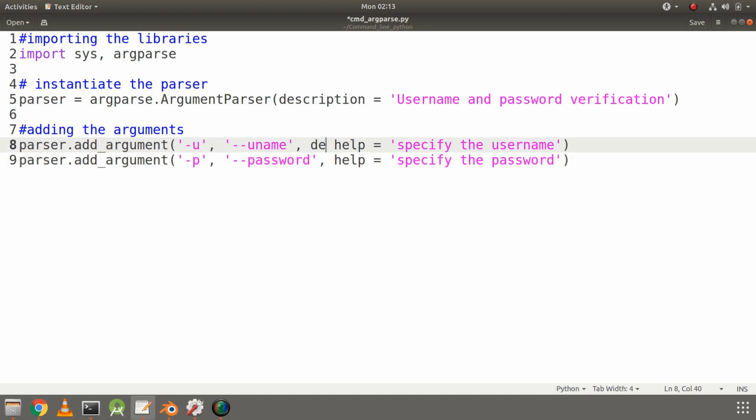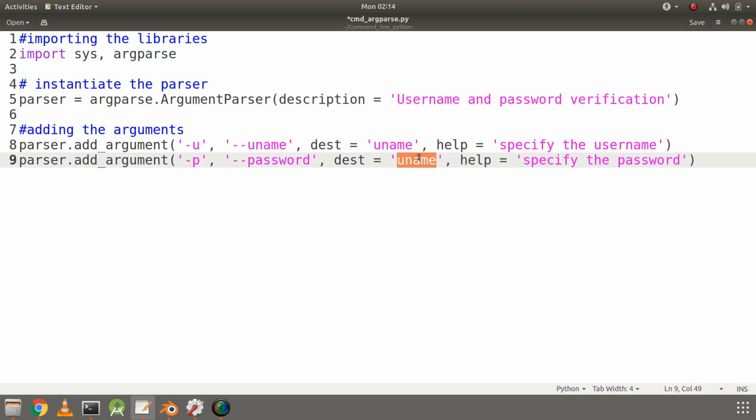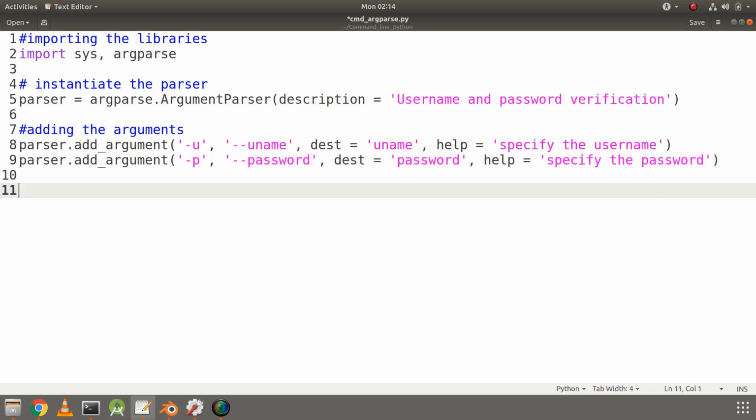This dest keyword makes all the difference between getopt and argparse. It is really convenient because we can save our value using this destination variable. So the value of the argument which we receive is stored in the uname variable, and for the password it is stored in the password variable. So it makes it really easy.